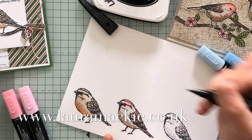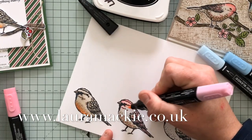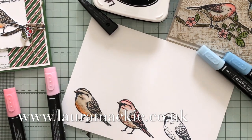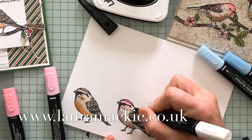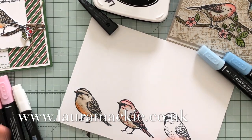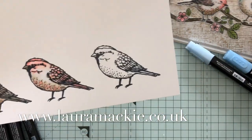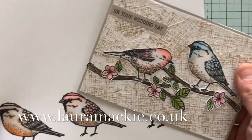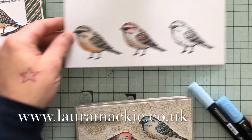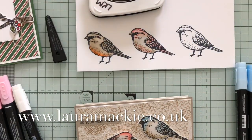Do you see what I mean though? You can go in and add, I might just bring in a little bit more light here, and then go back in with my colour lifter just to pull it up. So it almost gives you a 3rd shade really. Let me just bring that up to the camera so you can see there how you can really play around as well. You can really go crazy funky birds and all sorts, but I just thought that'd give you a little insight